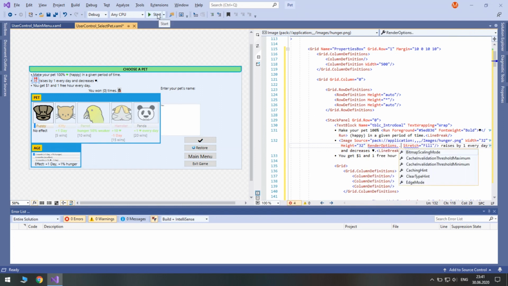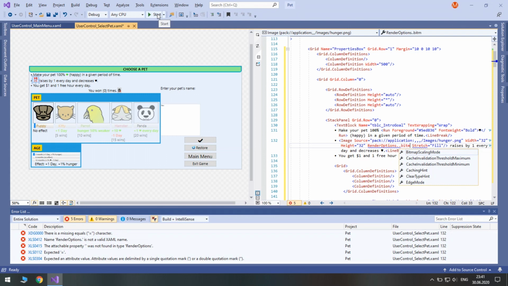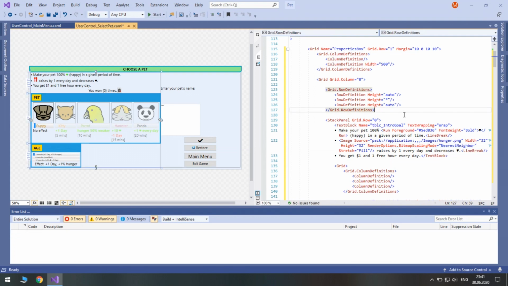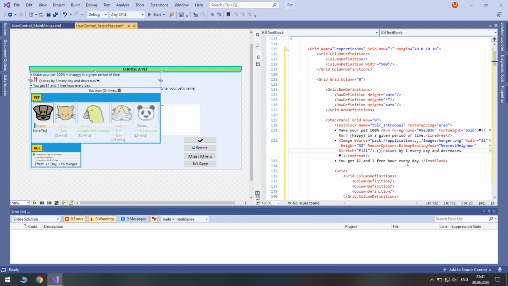So render options, bitmap scaling mode, set it to nearest neighbor. At least it will render correct during the execution. Here we will explain that this is hunger, so we'll make it a negative resource.